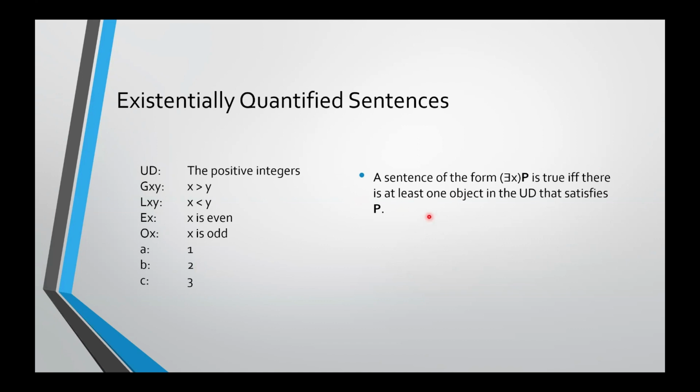If you have an existentially quantified sentence, this is going to be true if and only if there's at least one object in the universe of discourse that satisfies the part that's inside of the quantifier, the P part. So for example, there is an x, Ex, where E is even. What this means is basically just this: there is an even number. So it's going to be true if and only if Ex, this condition here, is satisfied by at least one object in the universe of discourse,